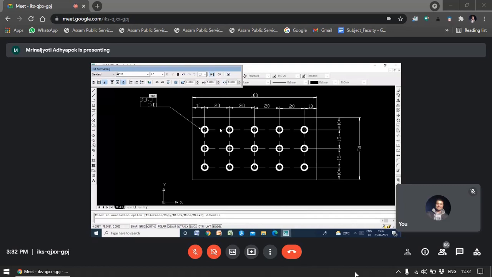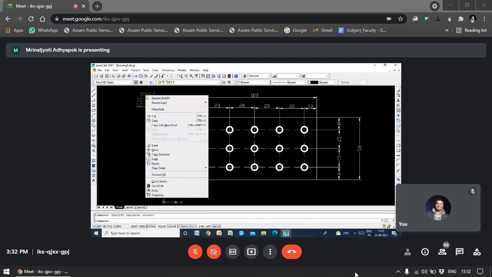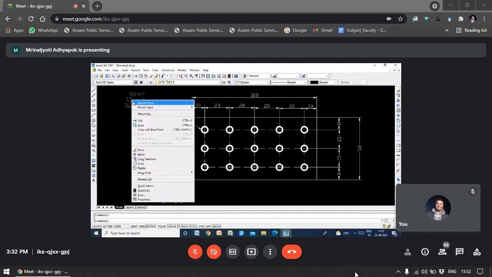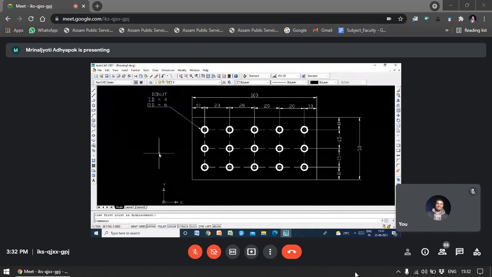I.D. is equal to how much? It is equal to 4. Then press enter. Then O.D. is equal to 6. So like this you can make it. Then press enter. If you want to move it like this, you can move. Or suppose if you want to move closer, then simply bring it here. Like this you can draw.